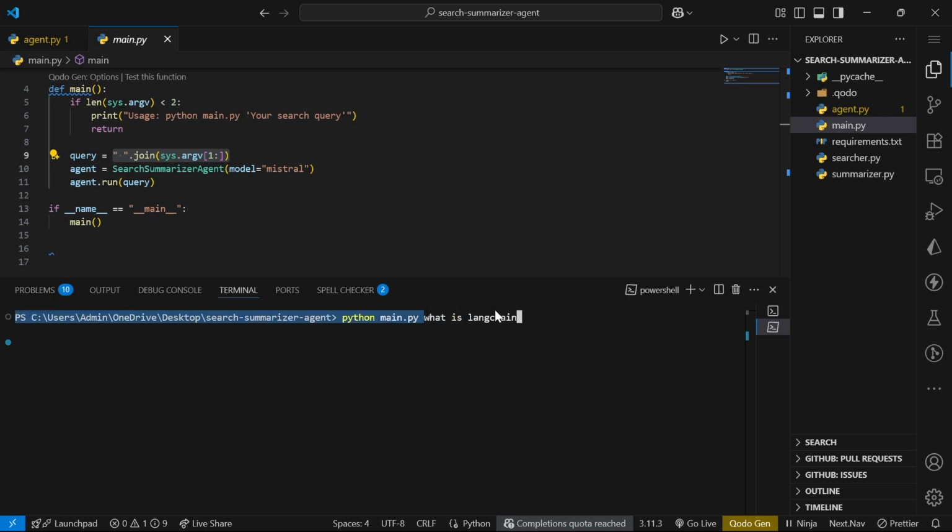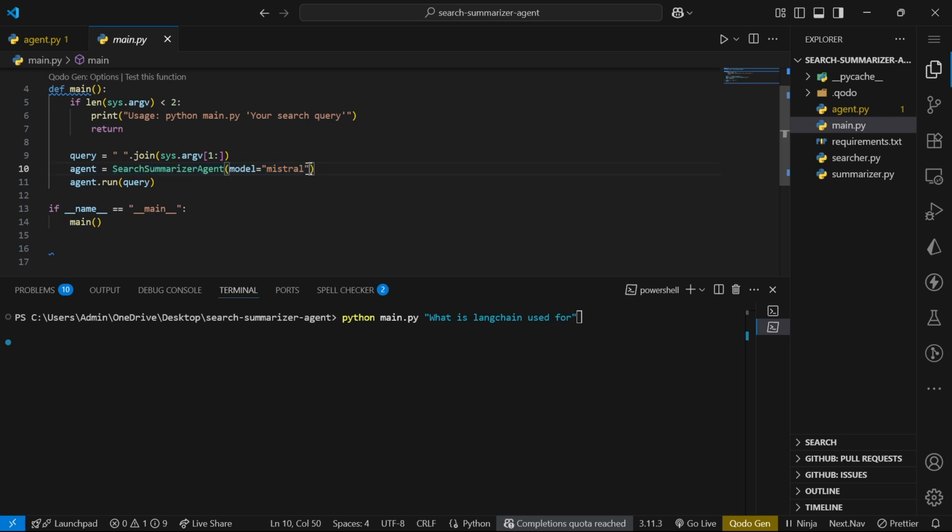All these words after the Python main.py are going to be converted into a string, but you can also just write these as a string. So, what is LangChain used for? You can decide to have this as a string, and we're going to initialize our class here,